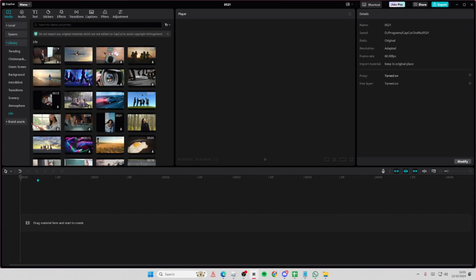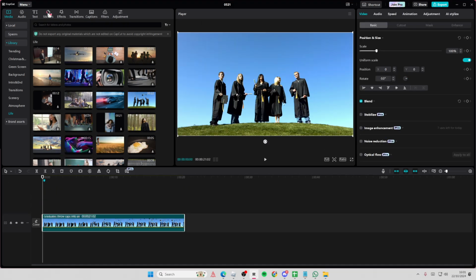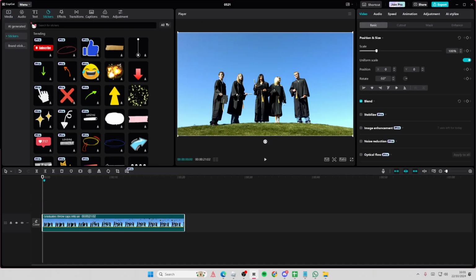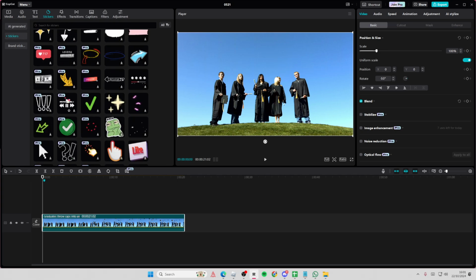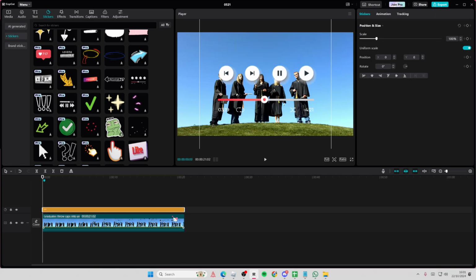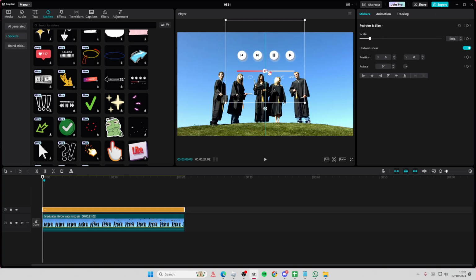In this video, I'll be showing you guys how you can add stickers to your videos in CapCut PC. So there are a lot of stickers you can choose from. Just select the stickers featured here and you can select from these stickers. As you can see, just select it and add it to your video and you can place it anywhere you